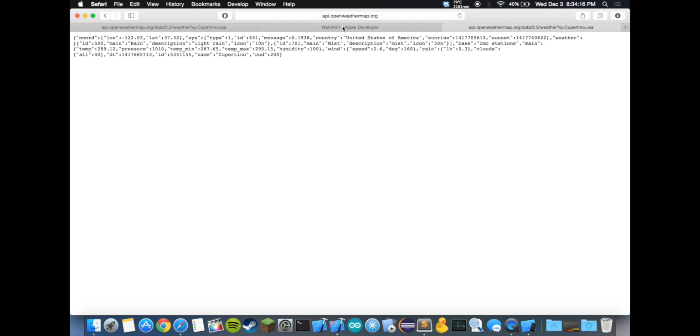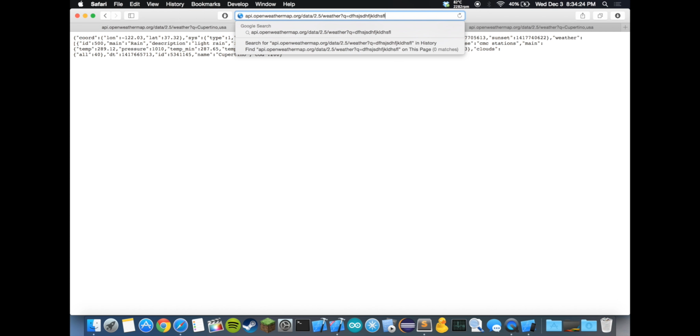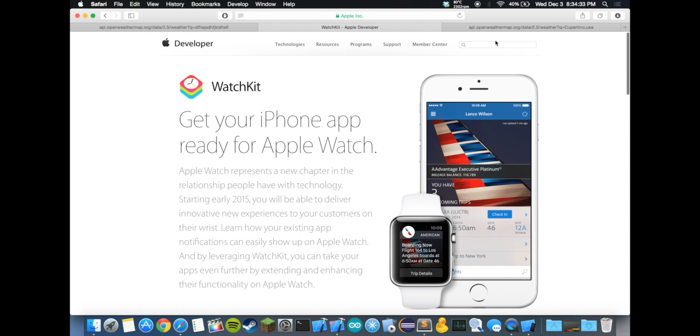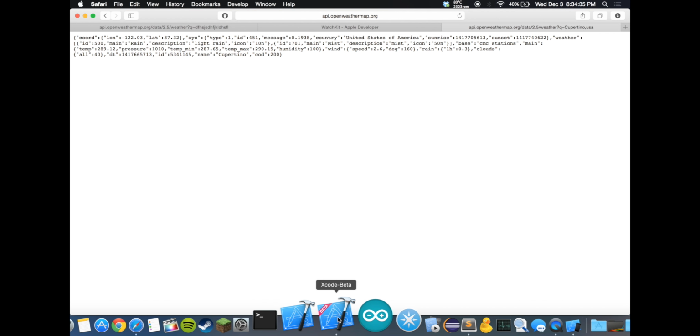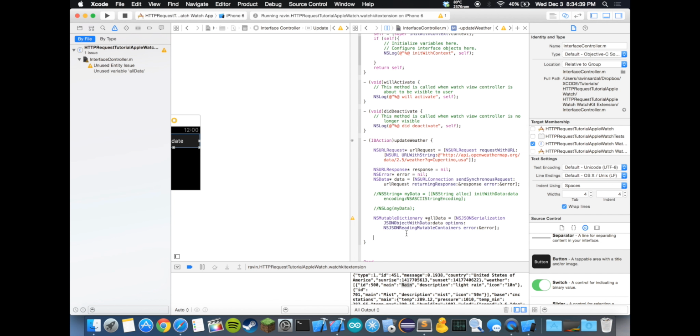So here I can give you an example. If I go back to my browser and I type in some garbage like that, the server is going to say message error not found, city code 404. Okay, so let's go back to Xcode beta and let's make a new string,